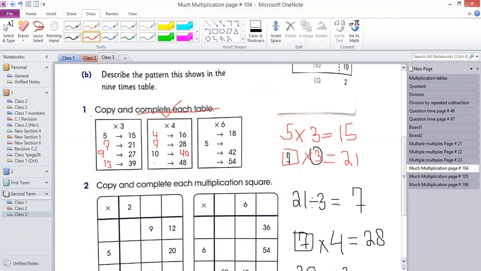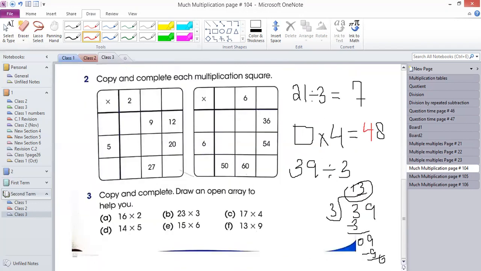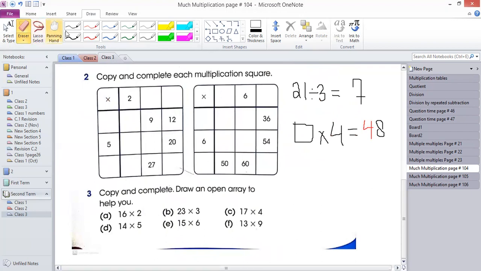Now, a number multiplied by 4 is equal to 48, but you don't know that number. So you have to find out that number. If you multiply it by 4, the answer will be 48. 4 tens are 40. It's not in the table of 4, so you can divide. Divide 48 by 4 and find out what the number is, the number you multiply by 4 in order to get 48.